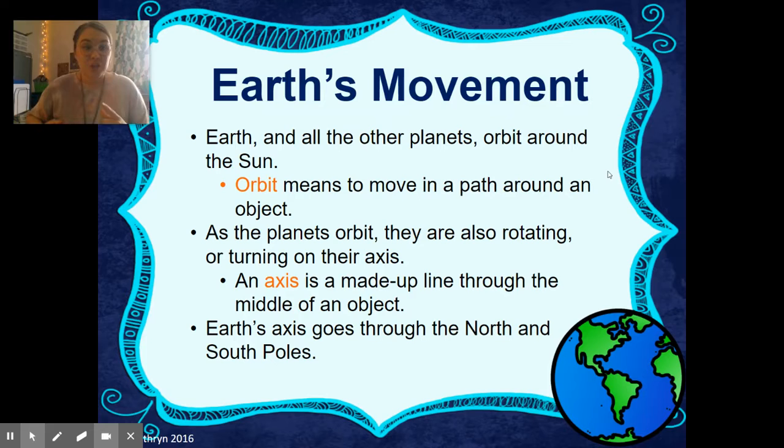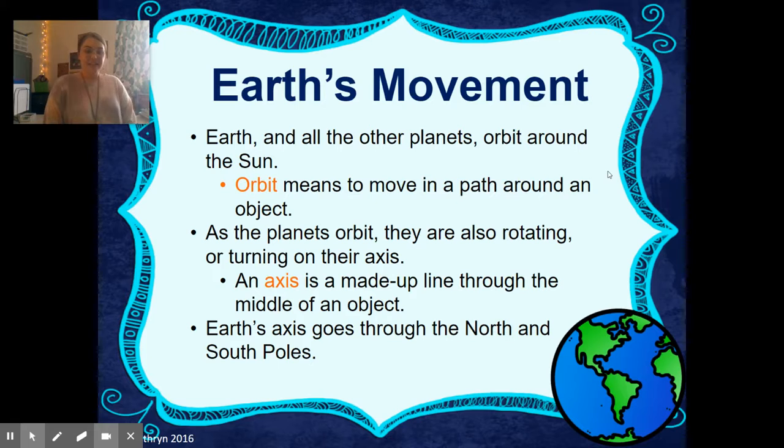So imagine, I want you to stand up right now, and I want you to start turning in a circle. Just like this, turn in a circle. Now, whatever is in front of you, maybe your desk or your chair. I'm going to do my chair. But as I'm turning in a circle, I'm also moving around my chair. So my chair would be the sun, and I'm revolving around the sun, and I am Earth, and I'm rotating